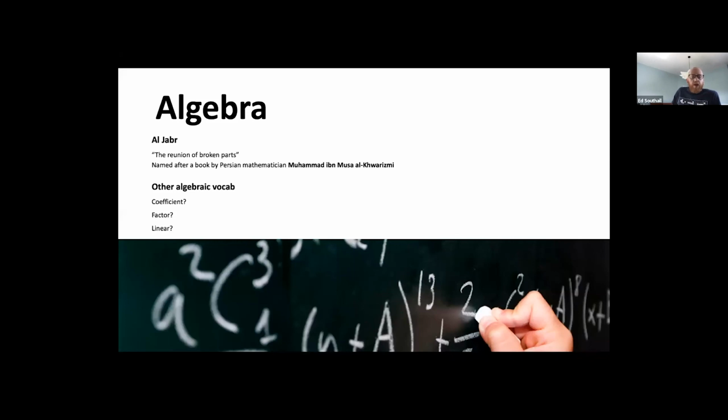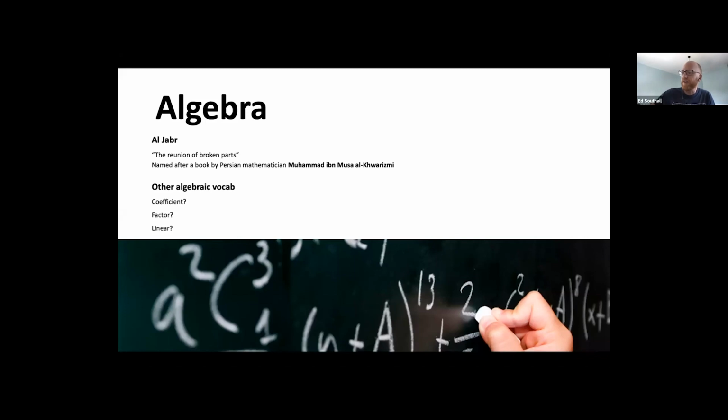So there are other examples of vocabulary that are a bit odd, linked to algebra. So we have coefficient, bit of a strange word. Factor, another word that, I mean, we do use it in other contexts, but it doesn't necessarily have the same connotations. And I've put linear in here as well, just because I think that's quite an interesting word with links to other similar words with the same roots that you may not have picked up on before.